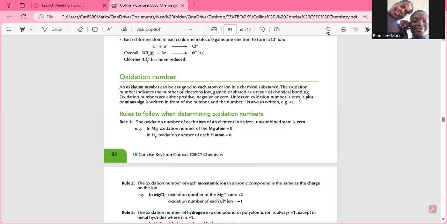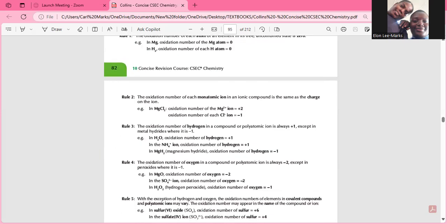So, first rule, the oxidation number of each atom of an element in its free state, or what we say as the uncombined state, is 0. So once we have an element that is not combined with anything else, its oxidation state is 0. So in our example here, we have magnesium, oxidation state is 0, and we have hydrogen. It's not combined with any other element. Rule number 2,